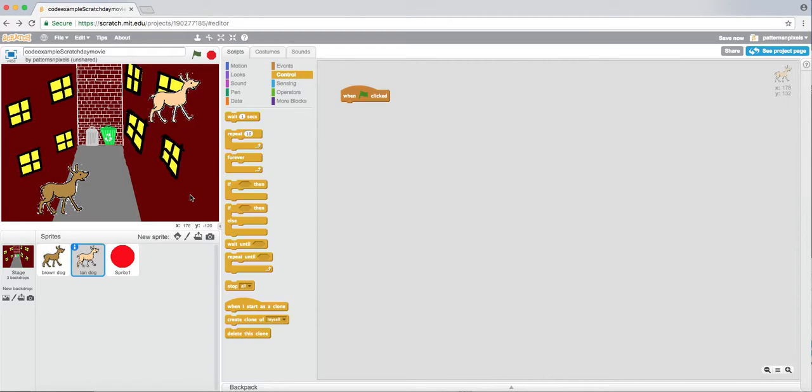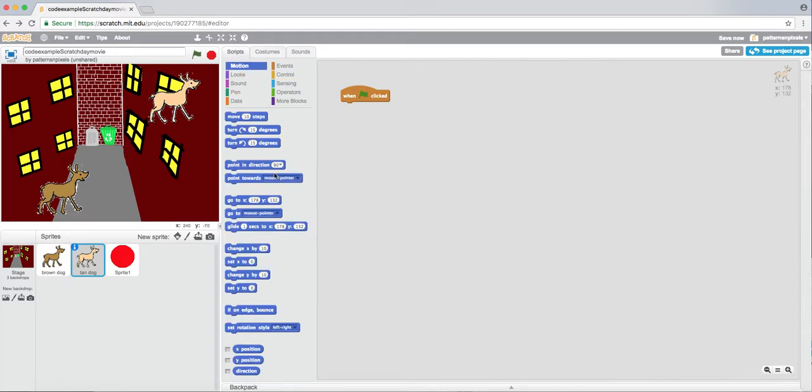Okay, so in order to make sure that it starts out in the place on the screen you want it to go, you can do a green flag and then a go to. So go to will bring it to an X and a Y on the screen. You don't have to know everything about coordinates and graphing in order to do this. You simply need to move the sprite down to where you want it to be at the start of your animation or your scene and take a look at its coordinates, because this over here tells us the coordinates